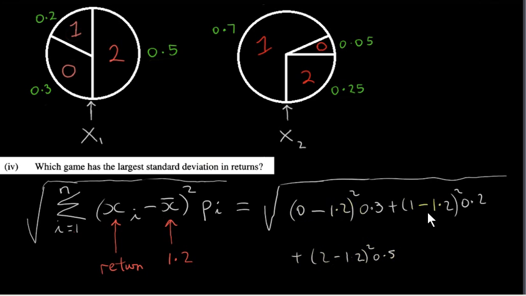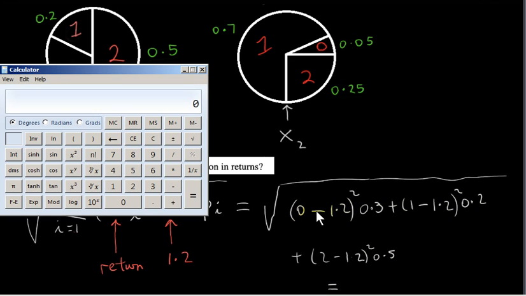So we sum these products in here and take the square root. Now when you're putting this into your calculator, you can forget about the minus sign in here, because if you square the minus we get a positive result. And 1 minus 1.2 is minus 0.2, but we can just put in 0.2 of course, because we're squaring it,